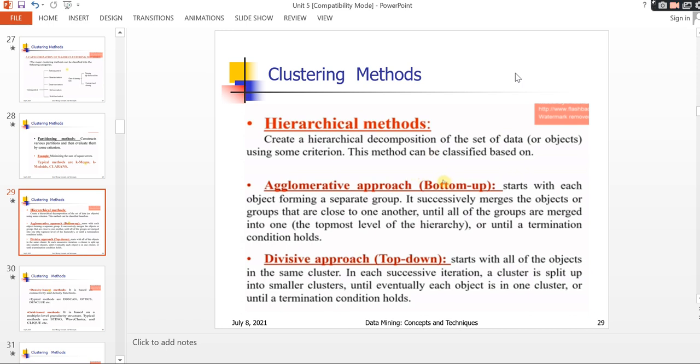What is the dissimilarity? Communication skills. 25 have communication skills, 25 do not. Based upon the dissimilarity, going from top to bottom, you are forming clusters. That is nothing but the divisive approach.